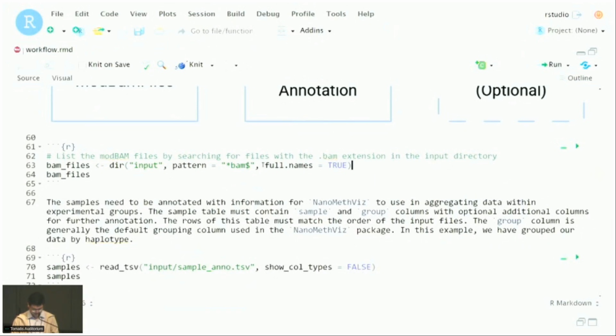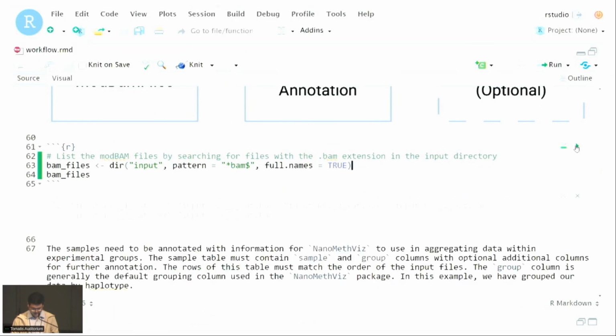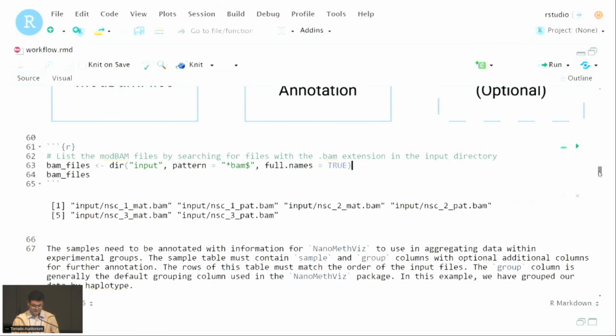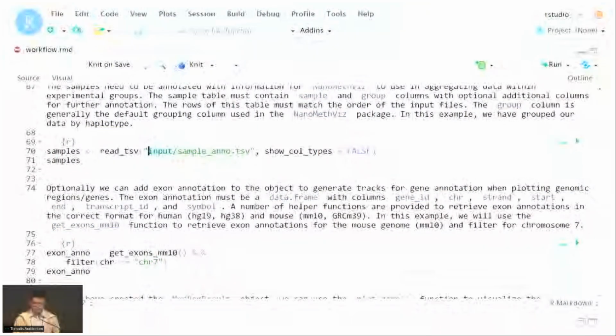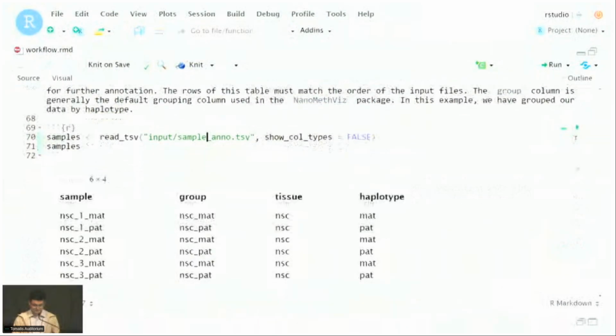just generating our modBAM results object. I'll just click this, I guess. So first, we just need a bunch of paths to our BAM files. And then I've put into the input folder some sample annotation. And all that is